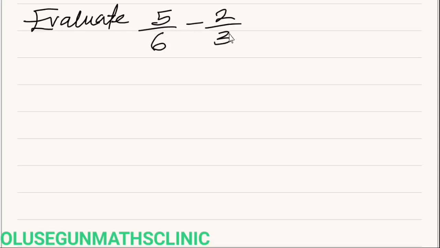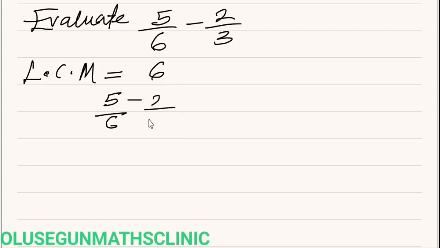The lowest common multiple of 6 and 3 is 6. As we all know, the lowest common multiple of these two denominators is 6. So the next thing to do is to write it out: 5 over 6 minus 2 over 3. So, since the denominator is 6,